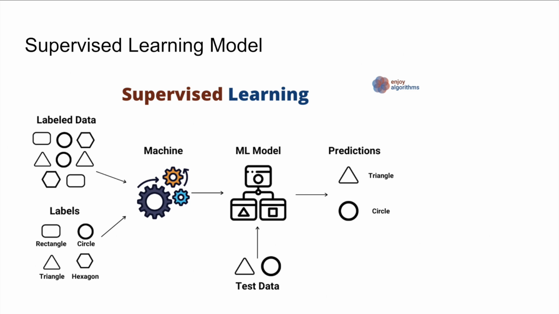Here is a simple explanation of how a supervised learning algorithm might work. It takes a selection of data of different shapes, labeled to say what they are. For example, a circle is a circle, and the model learns from this in order to make accurate predictions and correctly identify shapes in the future.